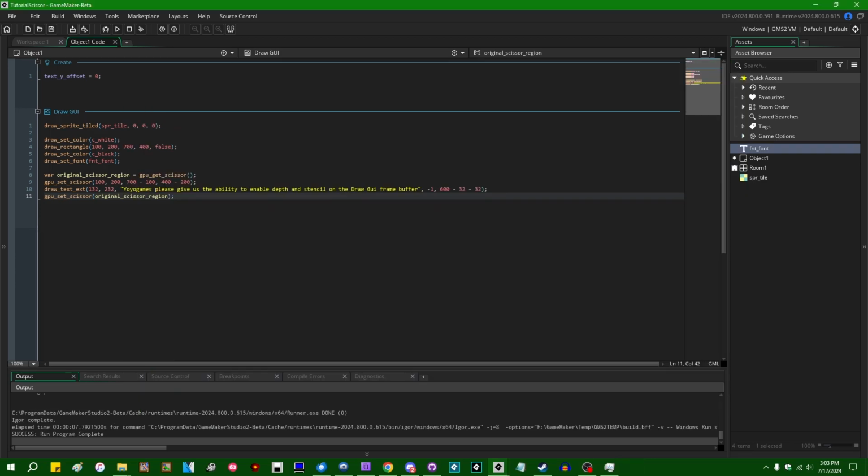Okay, so now when we do this, we can constrain the text so that it stays inside the text box. This is the draw GUI event, by the way. I don't think I mentioned that at the beginning. If you wanted, for example, text to scroll when the player hits the scroll wheel on the mouse, I'd initialize a text y offset variable in the create event, which apparently I already did, and add the text y offset to